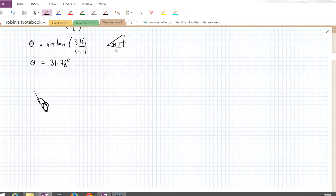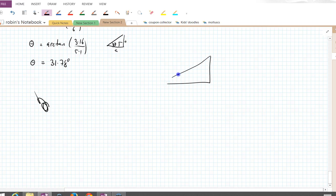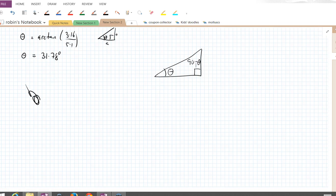Right, when it comes to finding angles, we've talked a lot about right angled triangles. There it is. And we've made the observation that if that one's theta, then that's 90 minus theta. So I'm just going to push that a little bit further, and talk about a triangle